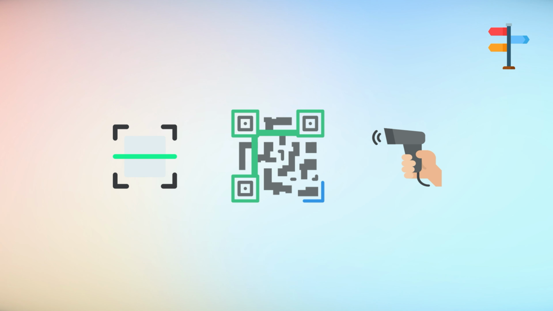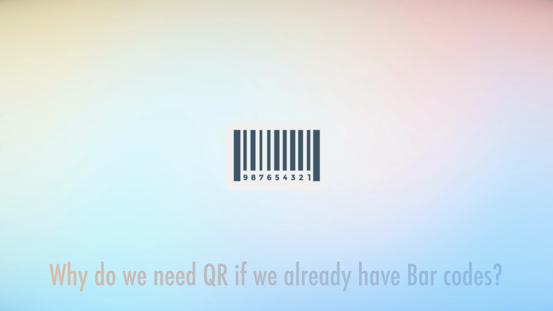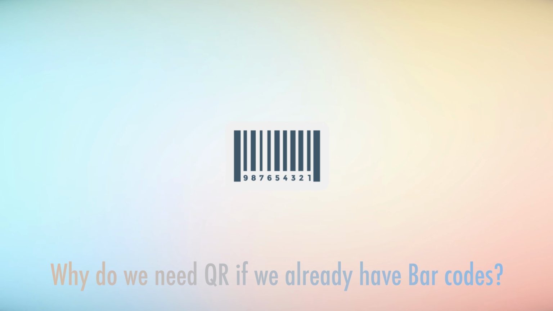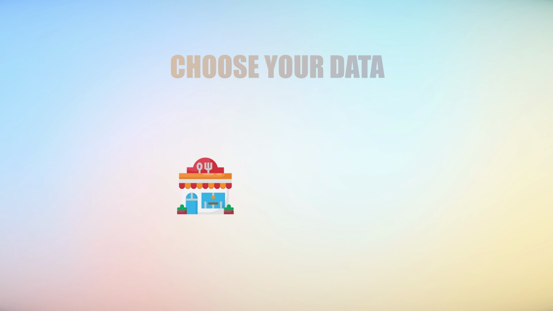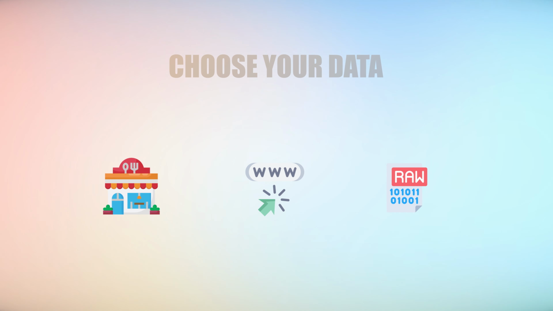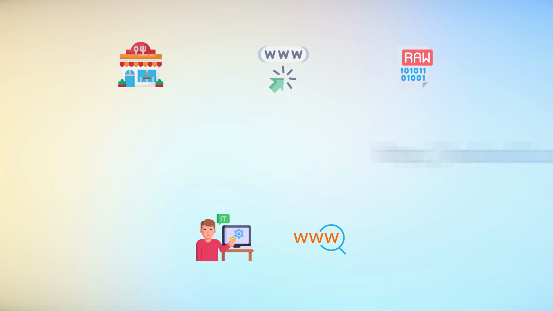At this point, you may wonder how QR codes differ from old-school barcodes. Now let's encode some data into a QR code. Imagine we want to create a QR code for a restaurant's digital menu. Here's how it works. We'll use the restaurant's website URL as our data. For demonstration purposes, let's say the URL is